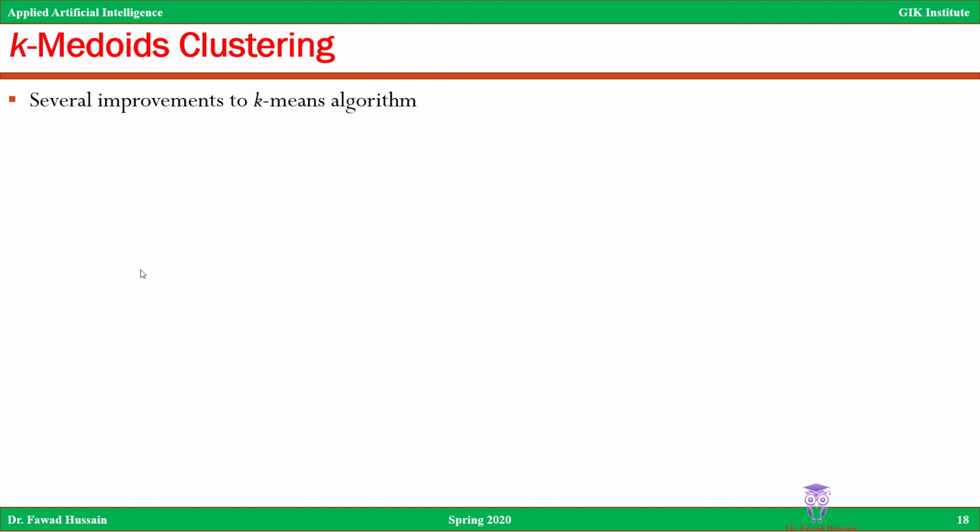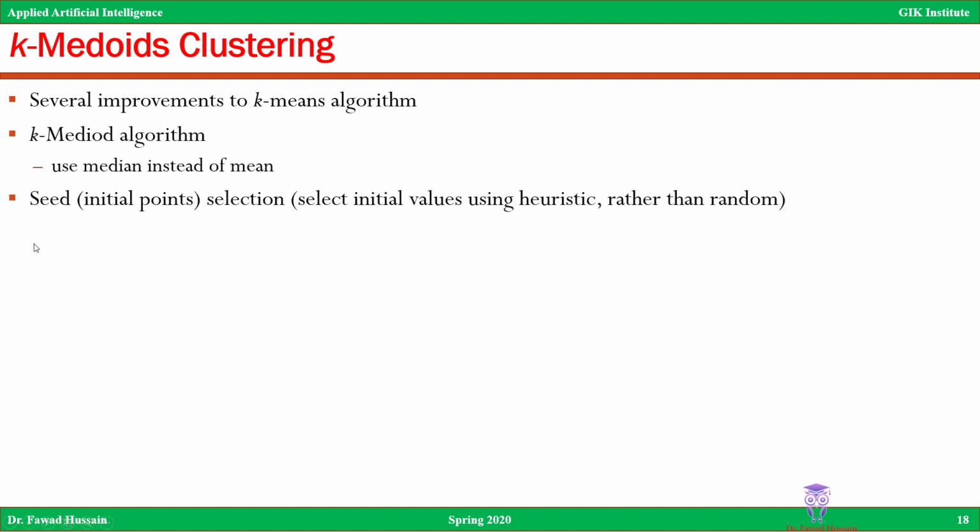So there have been many improvements to the k-means. The first one is simple. It says that instead of using the means, because the mean uses an arbitrary value, why not use the median? So for a new cluster, don't take the mean, just sort them and take the median value. And then there have been other improvements which say that maybe the initial points, instead of being chosen randomly, should be